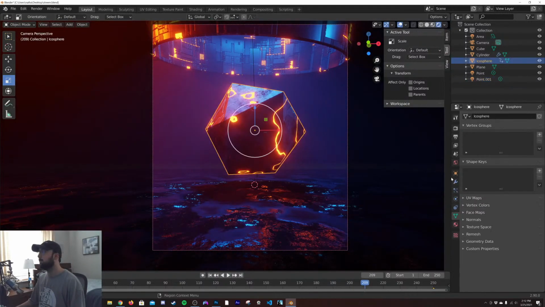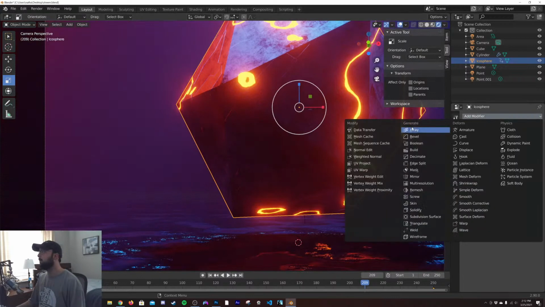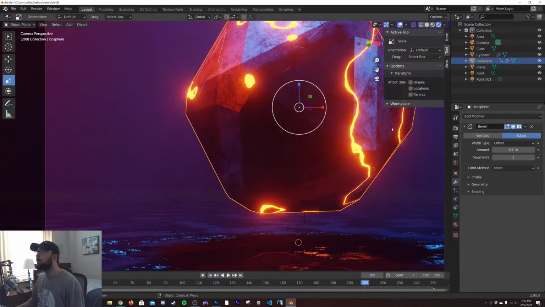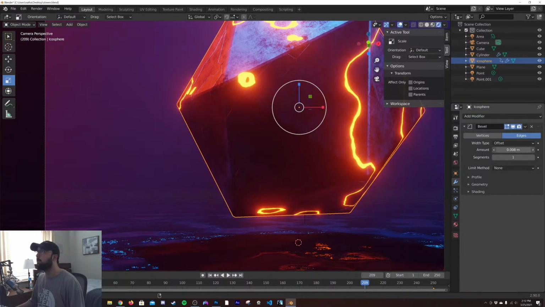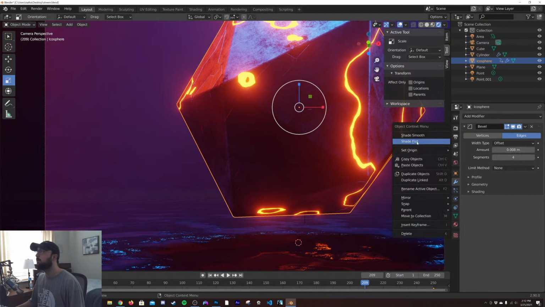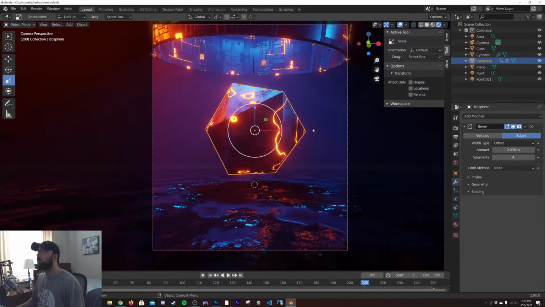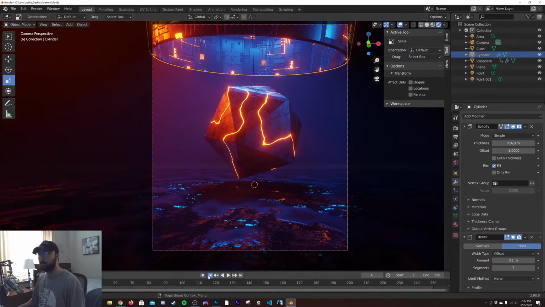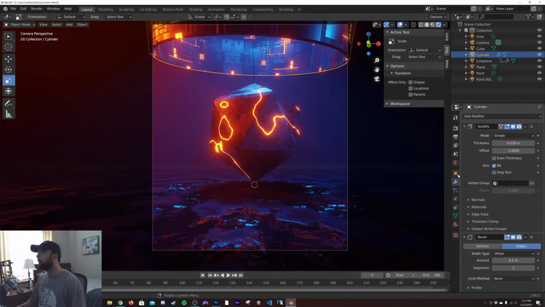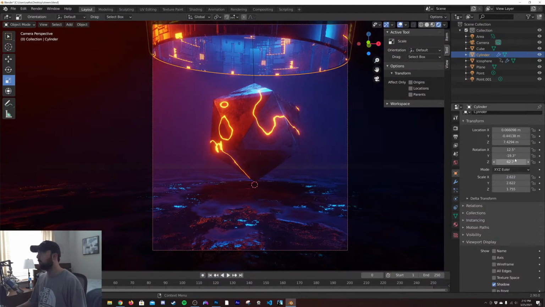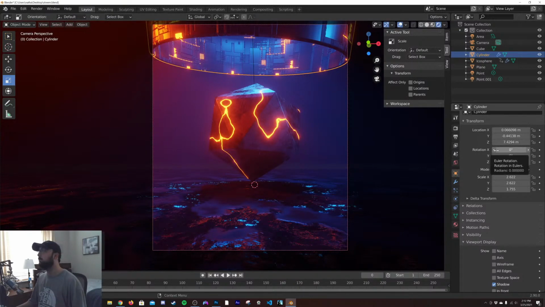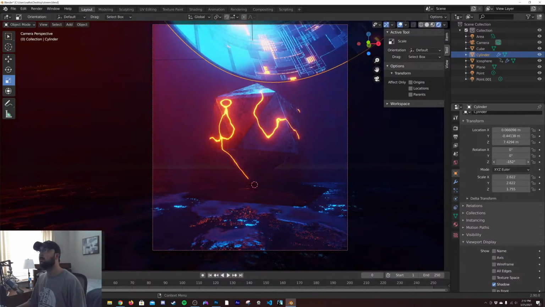I want to bevel the edges of this guy, make it a little more realistic, because in real life there are rarely sharp edges that aren't like a knife. So we're going to bring it in and just bevel it a little bit. Shade smooth. Awesome. And then we'll take this guy and, like Wendell said, rotate it, which would be, oh no. Apply rotation. It's not going to work.